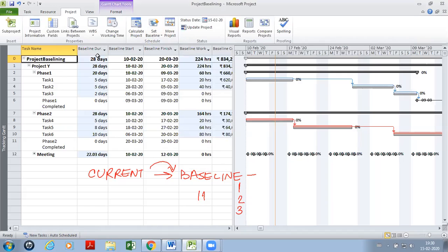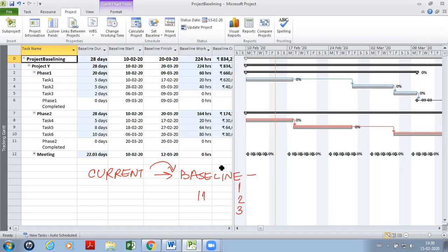Now all the baseline duration, baseline start, baseline finish, all those fields have been populated. Whatever was the current value has been copied into baseline, that is what you see in the table part, which is the left hand side.